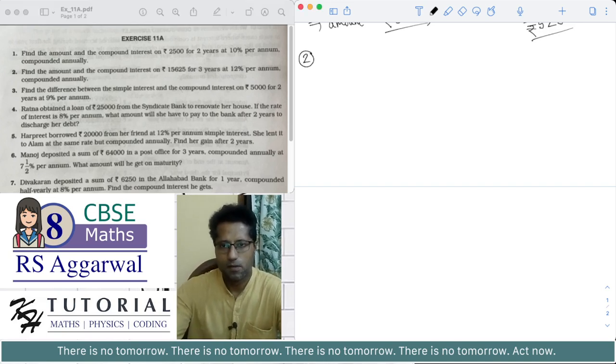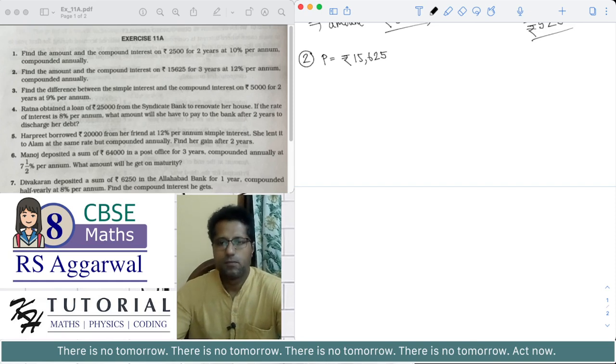So, the original principal is given to be 15,625. Total time for the calculation of the compound interest is given to be 3 years. The rate of interest is given to be 12%,